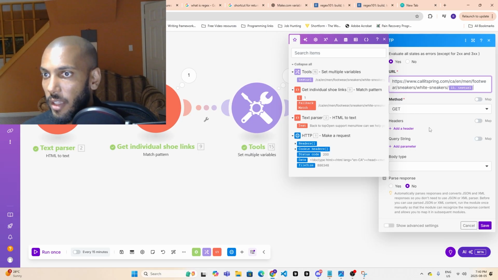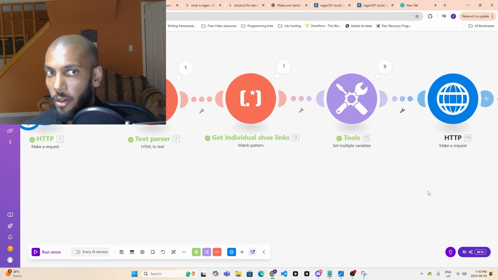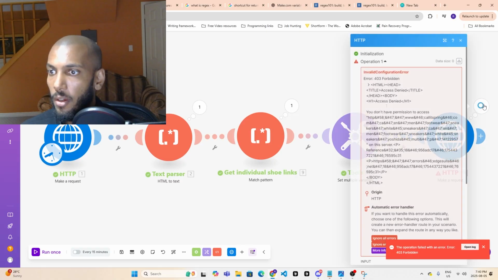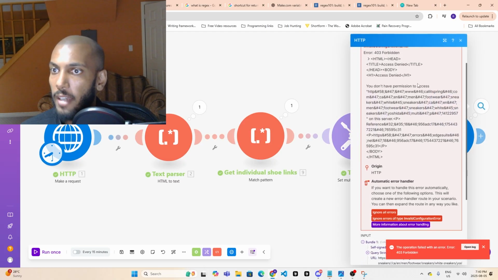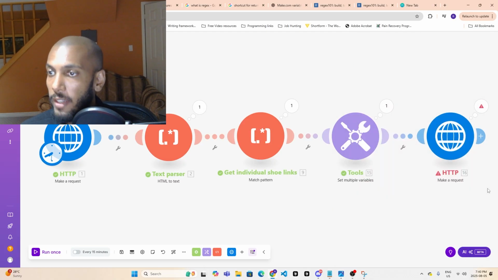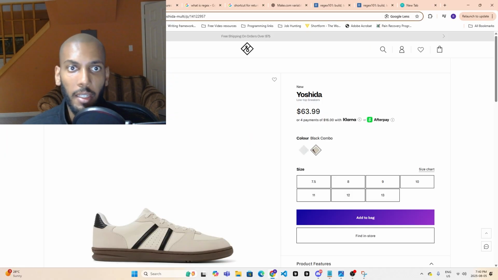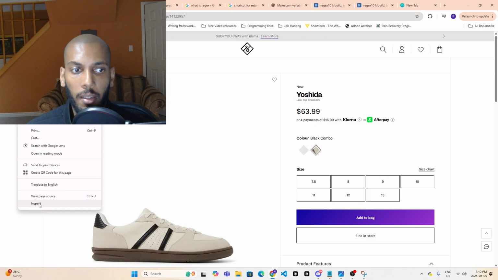If I tested it just like this, I'm gonna get a 403 error like we got before, but I'll run it again to show you. See how I got an error? Operation failed with an error, 403 forbidden, access denied. Why it's giving this is because we need the proper cookies and headers and things of that nature. So what we got to do is go to here, inspect,